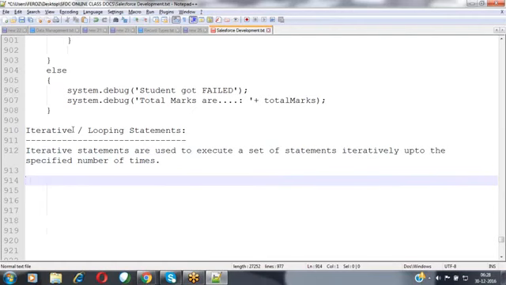So if you want to execute 2 times, you can execute. If you want to execute 4 times or 5 times or 100 times or 1000 times, depending upon your need, we can keep on executing these statements, depending upon the number of times.